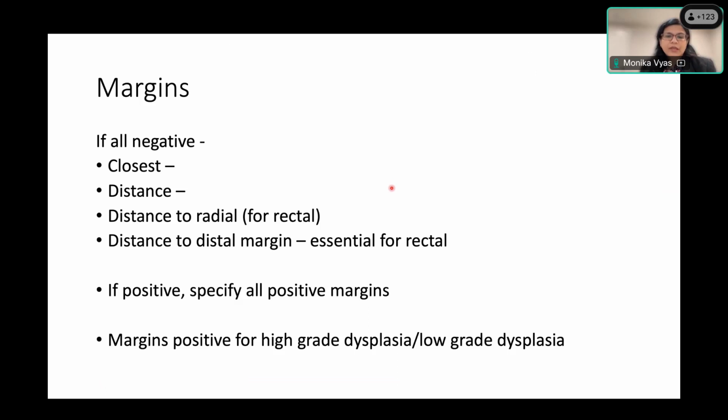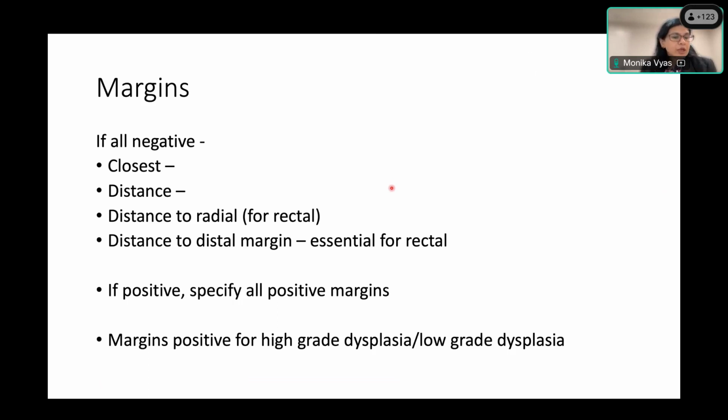For rectal cancers, we follow a 4-color ink protocol, which helps us identify ink colors and orient ourselves to which margin is closest or positive. But you can either do it that way, or you can have a clear section key specifying which sections are taken from which part, and that way you don't have to ink the specimen wholly. So you can have an approach which works best with your trainees and labs.